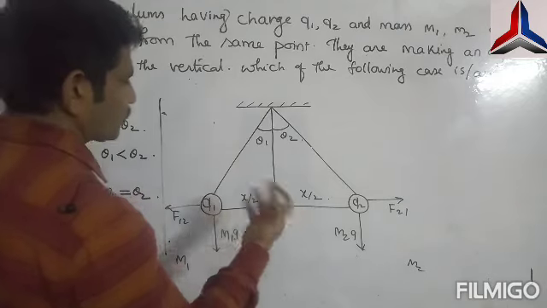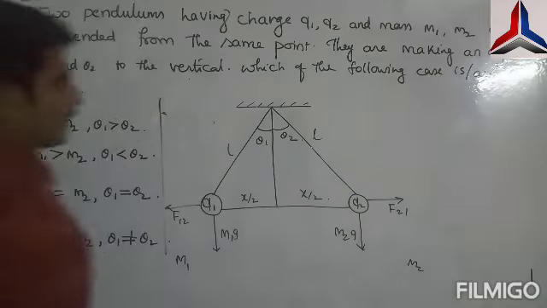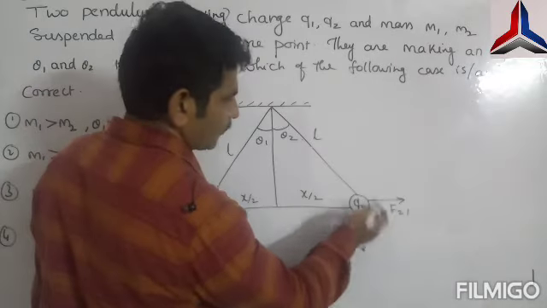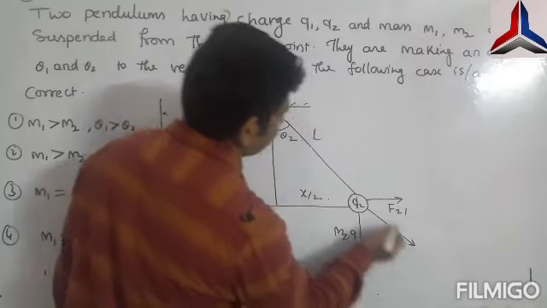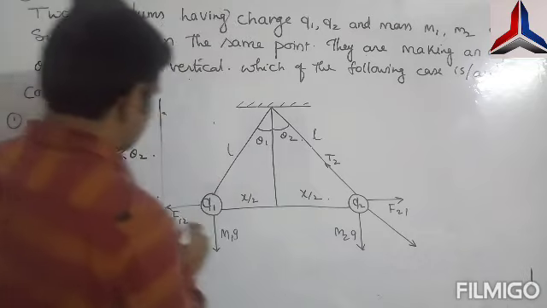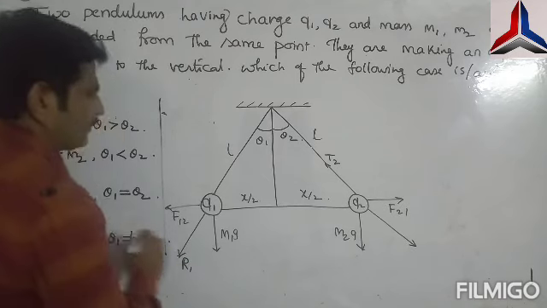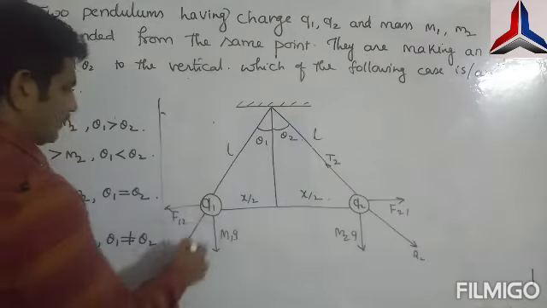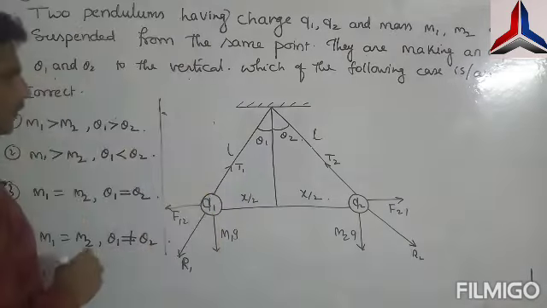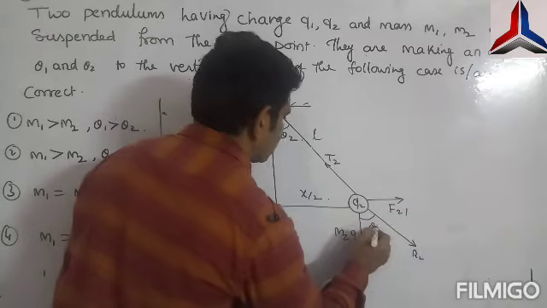Understand? These things we should assume: the total distance, let us say x, and this length is L. This length is L. Let us assume like this. At the moment, these two forces are acting on the bob. Therefore, the resultant force is acting in this direction, which is opposed by this one. This is offered by tension. So these resultant forces are R1 and R2. The opposite force offered in the string is called T1, this is T2. This is θ1, this is θ2. I hope you can understand.